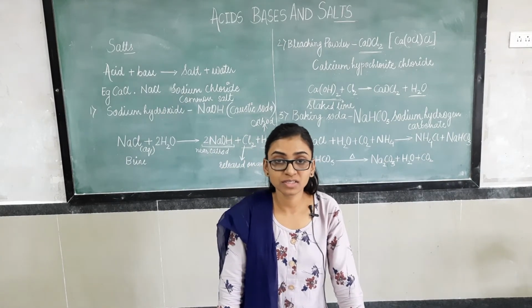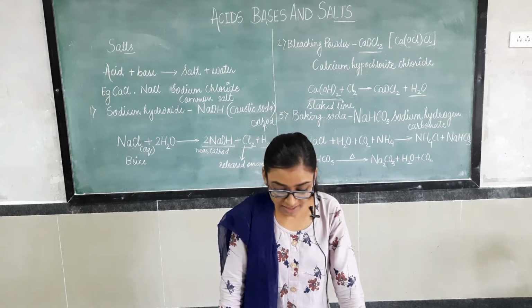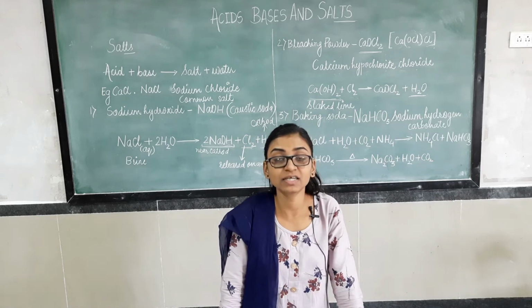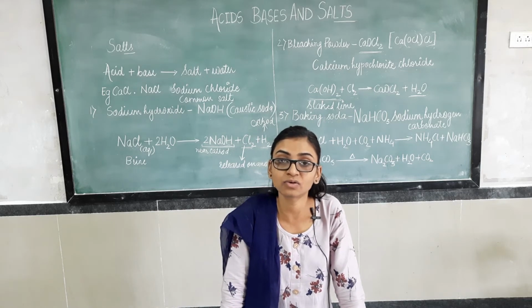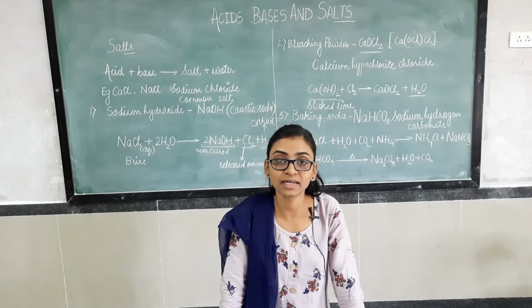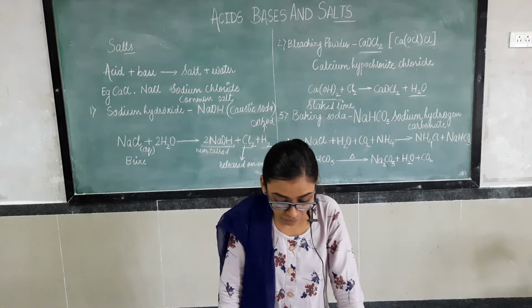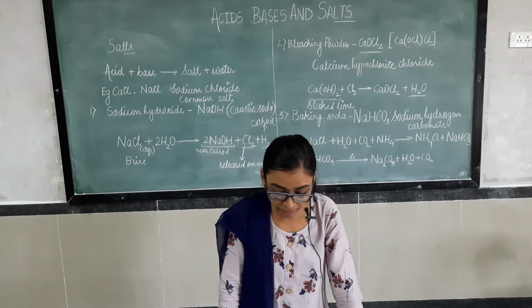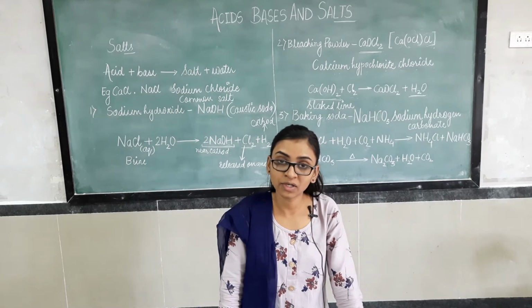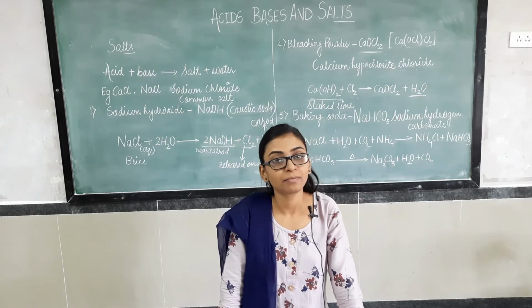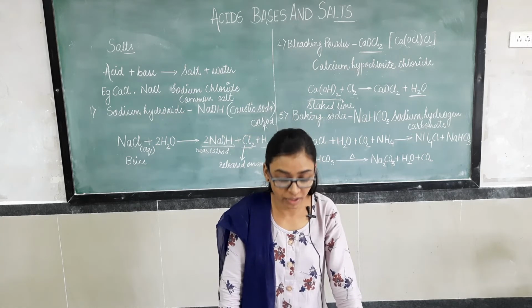Now what are the uses of bleaching powder? Bleaching powder is used in many ways at our homes. Bleaching powder is used for bleaching cotton and linen clothes. So in cotton and linen industries, bleaching powder is used. Now for bleaching wood pulp in paper factories also, bleaching powder is used to bleach papers in the paper industry.